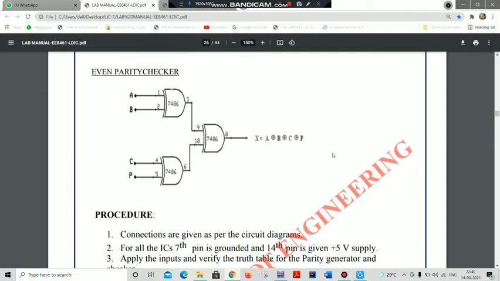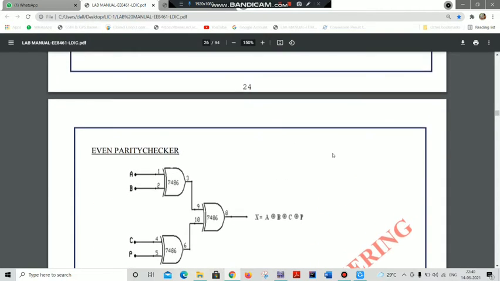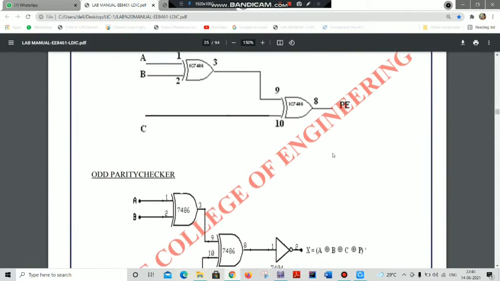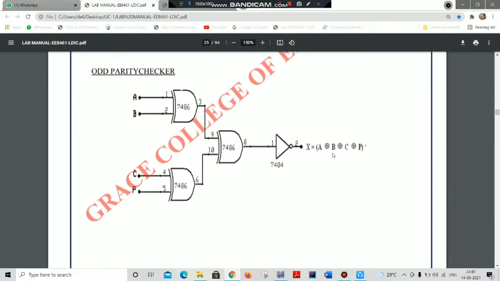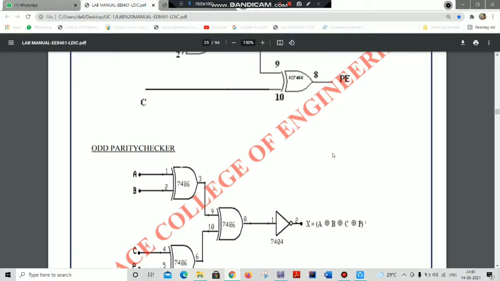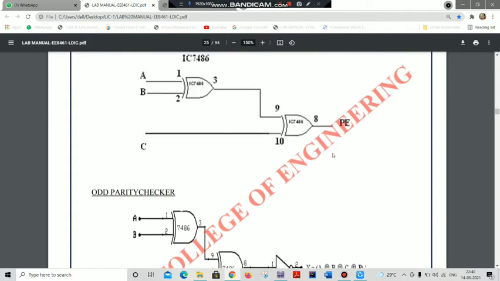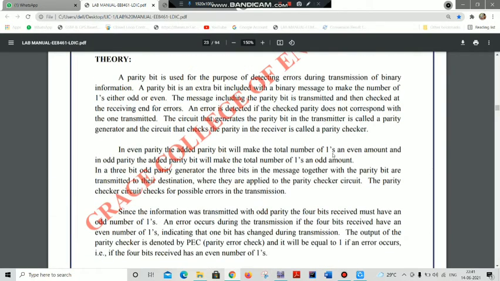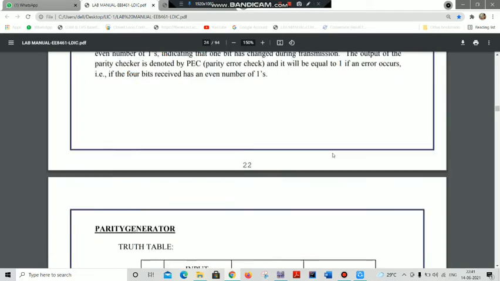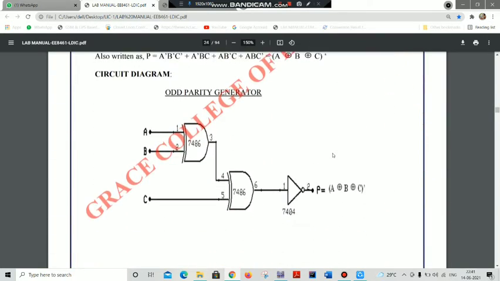So here, the generator and the checker are similar to each other, but the generator is useful at your transmitter side, and your checker is useful at your receiver side.